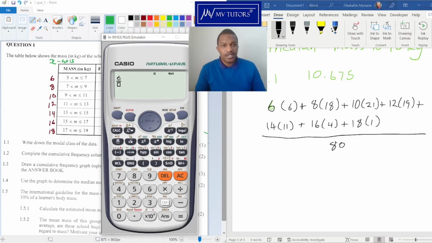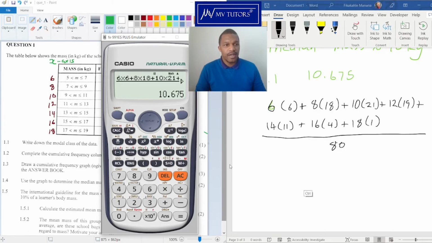Then we're going to say 6 times 6 plus 8 times 18 plus 10 times 21 plus 12 times 19 plus 14 times 11 plus 16 times 4 plus 18 times 1, and then we go downstairs, put 80 there, and we get